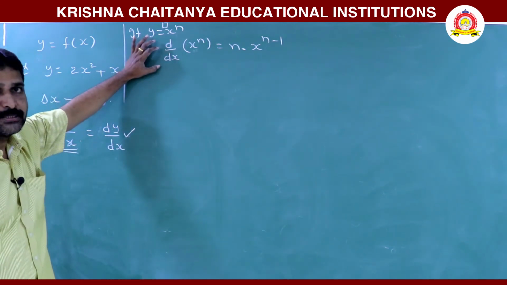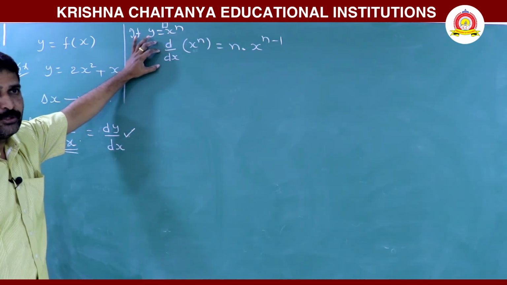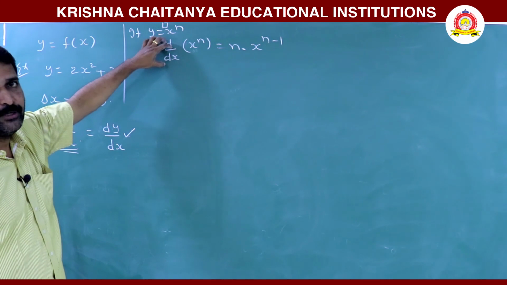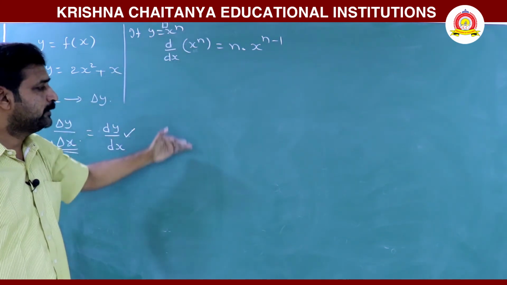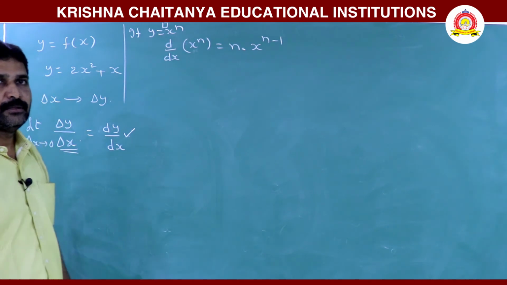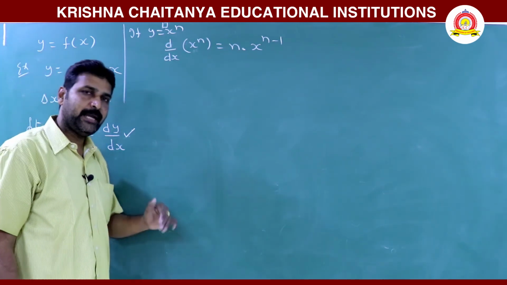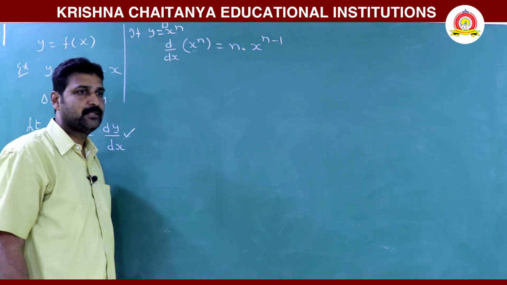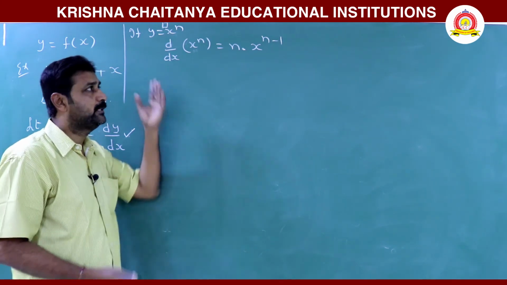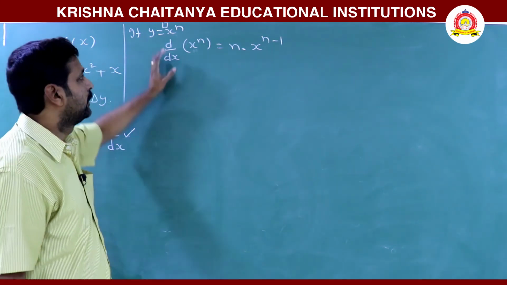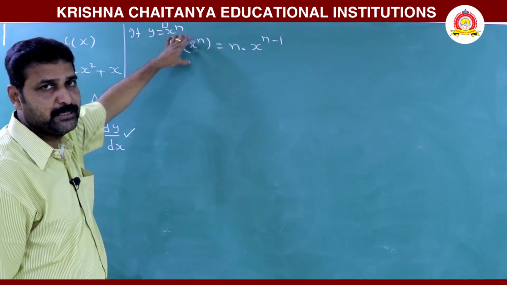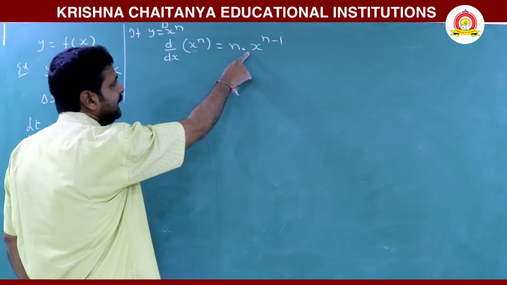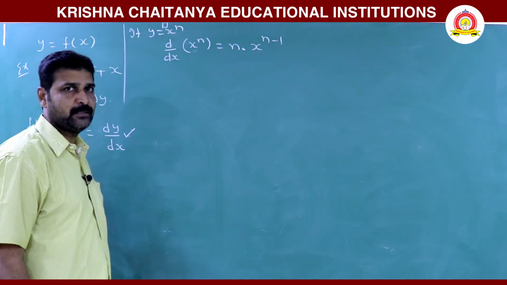Here I am writing some basic formulae in differentiation which you need to memorize, starting with d by dx of x power n. In your mathematics you will again encounter all these formulae with derivations, but for our physics, you should remember all these basic formulae for differentiation. Okay, so d by dx of x power n is n into x power n minus 1.